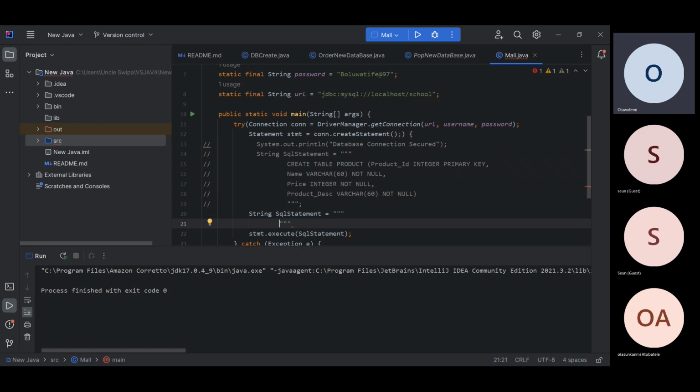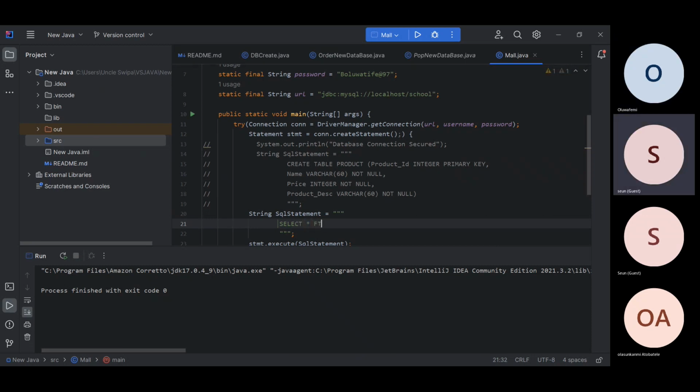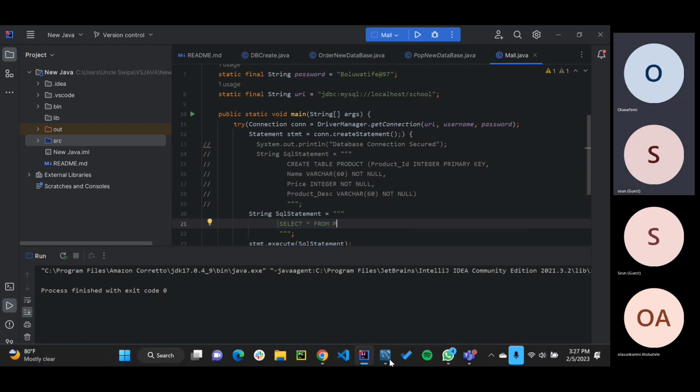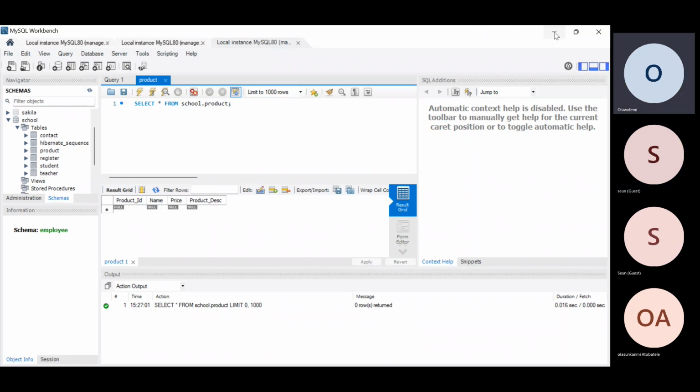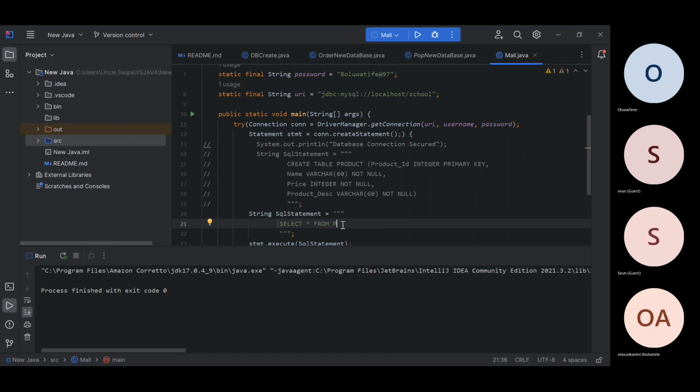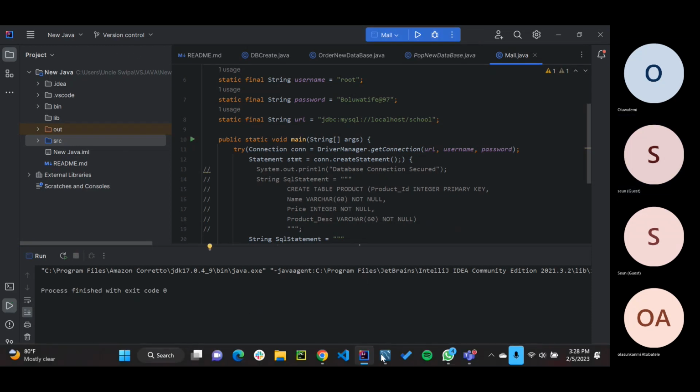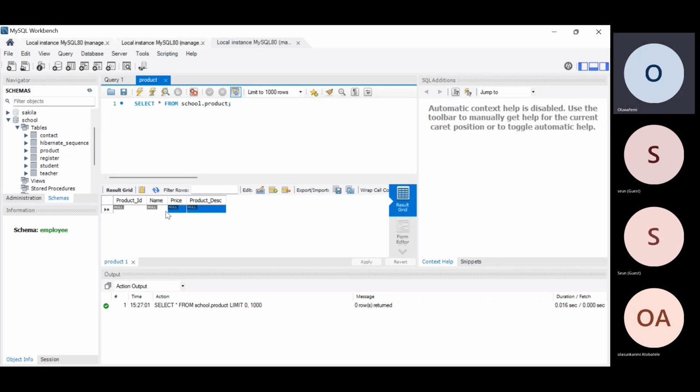So how did I create this triple quote? I just typed the quotes three times, and that's how I got select all. That's the name of the product table, right? The product from